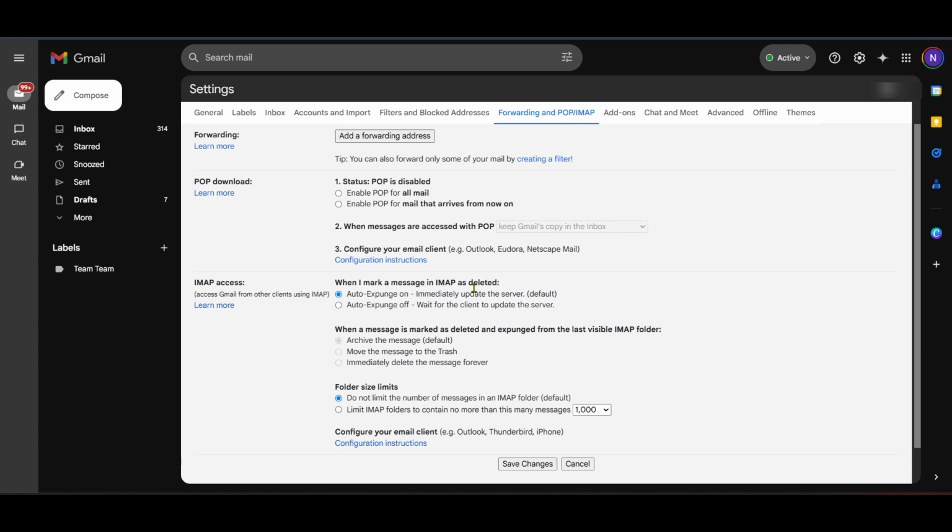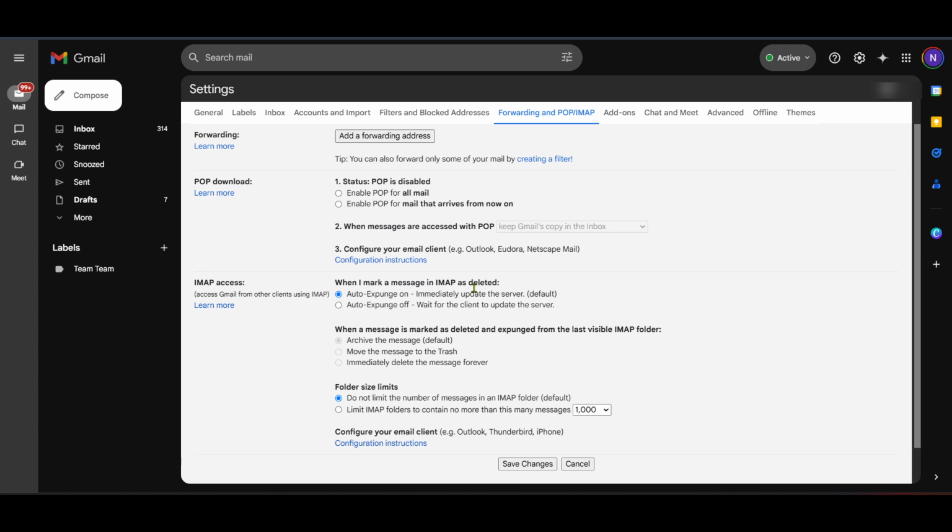In the Add Account window, you will be prompted to enter your Gmail email address. Carefully type in your address and hit Connect. Outlook will automatically configure many of the settings needed for Gmail, but you might be asked to provide your Gmail password for verification. Make sure you enter it correctly and follow any additional prompts for permissions or confirmations that may